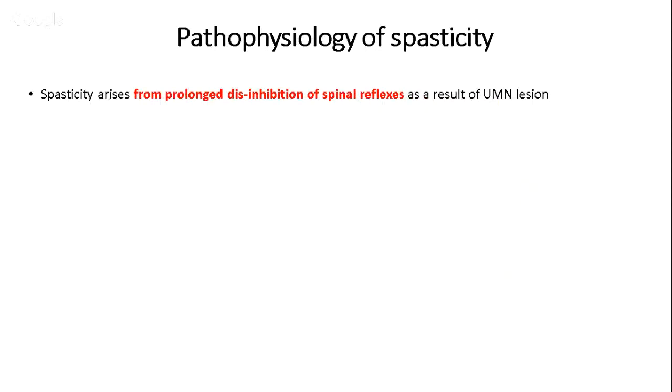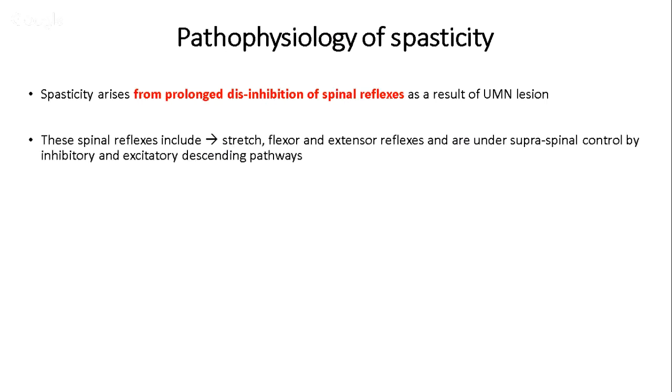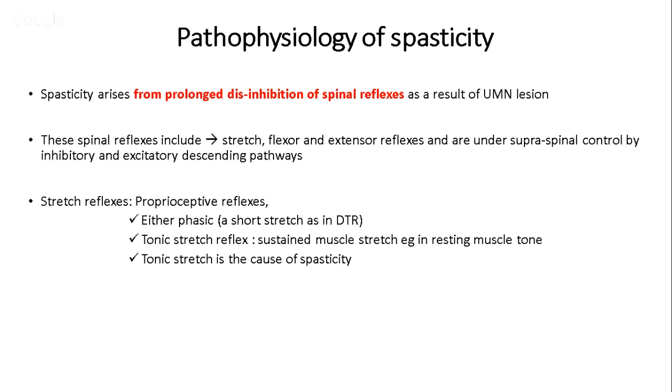So spasticity comes because there is prolonged disinhibition of the spinal reflexes as a result of upper motor neuron lesions. Normally they have discussed the stretch reflex and extensor reflexes. These are all spinal reflexes that we know of, and they're always under supraspinal control. It can be either inhibitory or excitatory, and they have their own effects. The stretch reflex can be either phasic or tonic. The phasic is when you're doing a deep tendon reflex. The tonic one is when you have a sustained muscle pull or stretch, and that's the one the book is about. Most of the time, it's the tonic stretch that is involved in the pathophysiology of